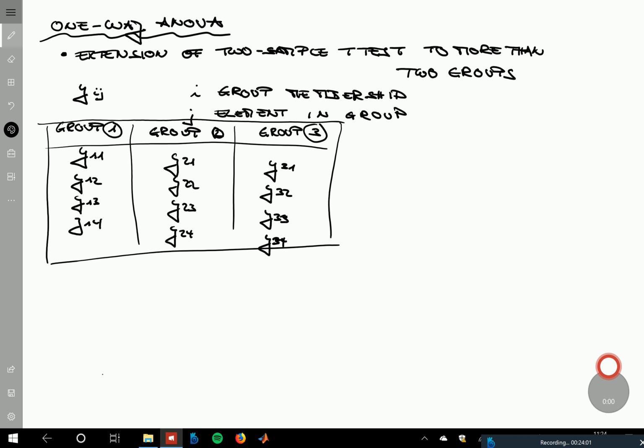Now, the ANOVA model that is used to describe these data points is, of course, a probabilistic model, and takes the following form. So this is now a probability density. So the probability density for the ijth data point, so assuming that there's a random variable from which this ij data point is a realization, has a normal distribution